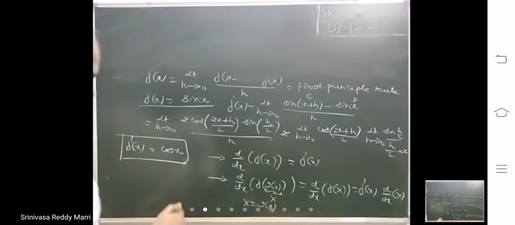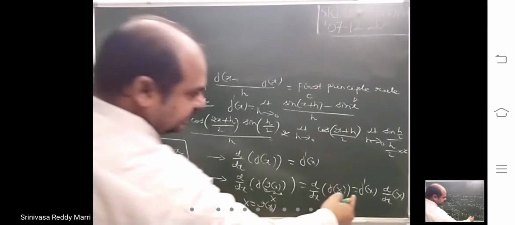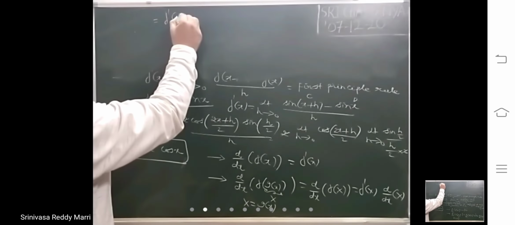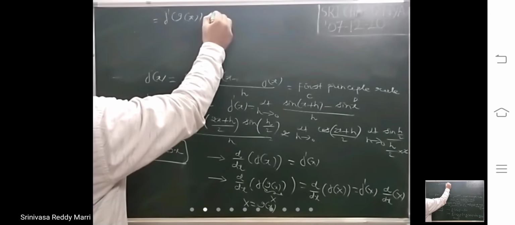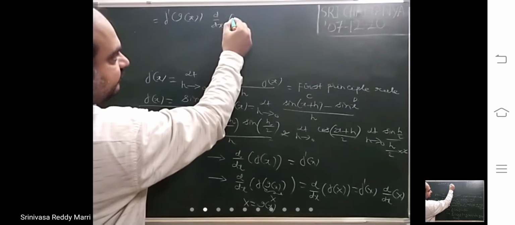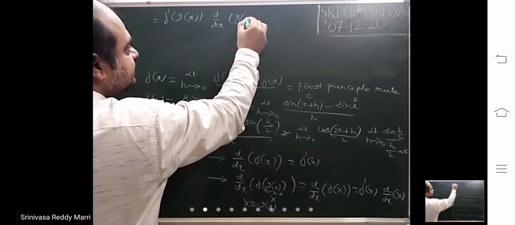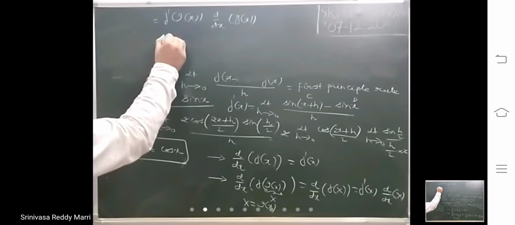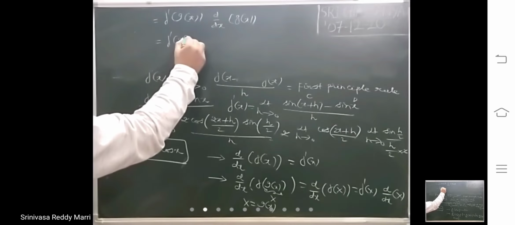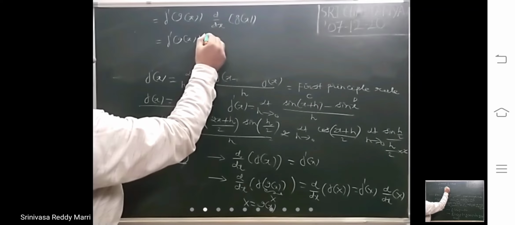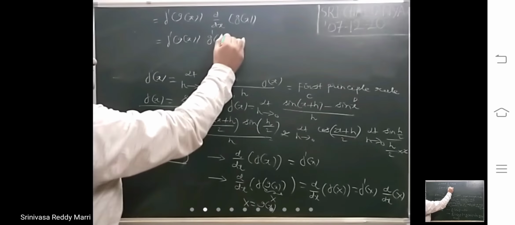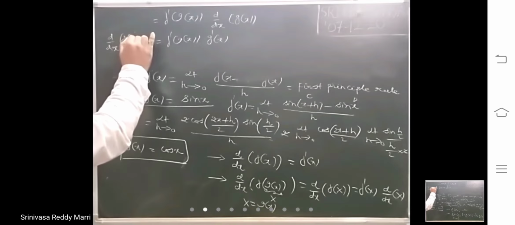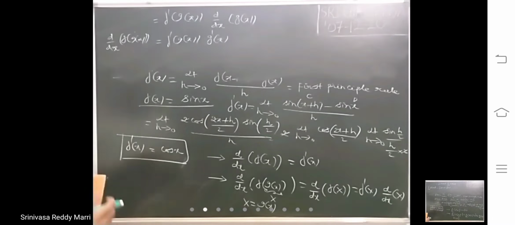Look at this. That means this is nothing but f dash capital X. Capital X you substitute now. Capital X means g of x, into d by dx of g of x. Again, capital X you substitute. Just remember this rule. While solving the problem, I will tell. Into the derivative of g of x, which is nothing but g dash x. That means d by dx of f of g of x is nothing but this one.